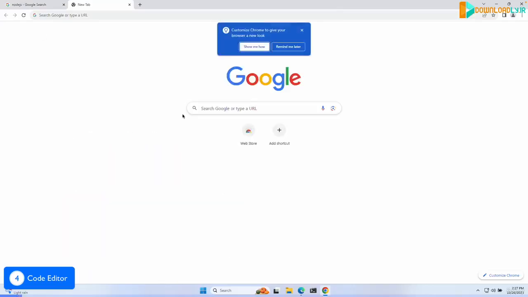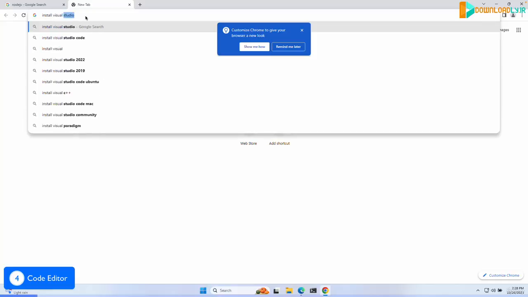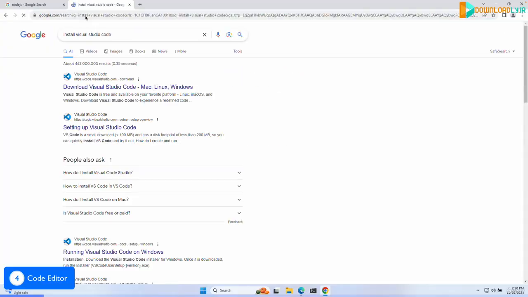So if you already have an IDE, or if you're using maybe Brackets or Atom, again, it's totally fine. You can just stick with them. It does not matter whatsoever. But I'm going to show you the code editor that I'm going to be using in the course, and that is Visual Studio Code. So I'm just going to search for install Visual Studio Code, not Visual Studio, that's a different application, Visual Studio Code. All right, right here, I'm going to go into this website,